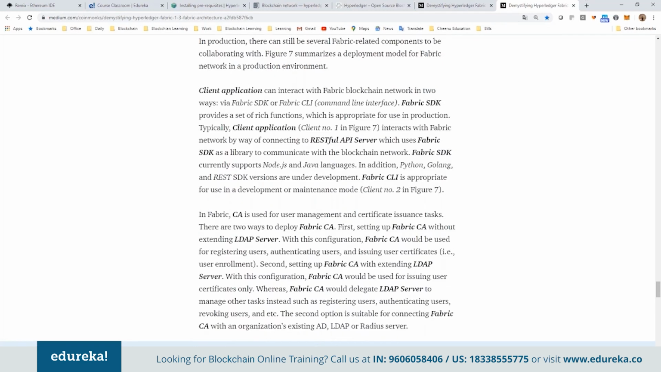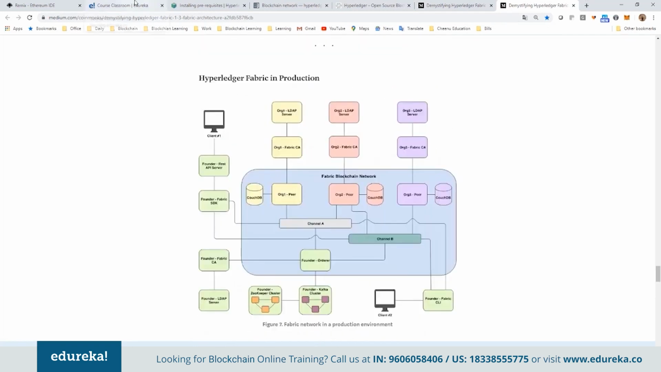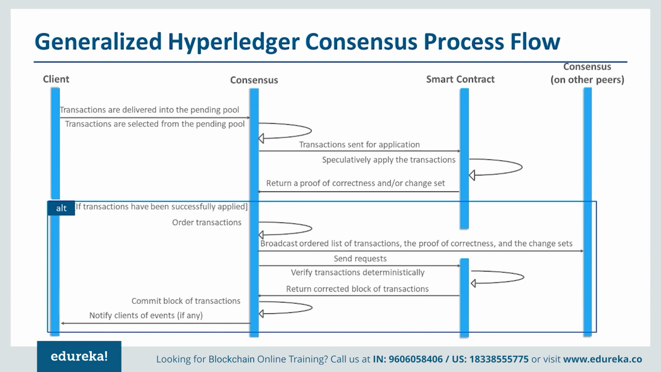So basically it reaches the endorsing peers, which is not given here, but it goes to the endorsing peers. Now transactions are sent for application, selectively apply the transaction. So the smart contract is basically applied, and a proof of correctness or a change set is given back to the application. So the endorser nodes will run the smart contract or the chain code, and they will